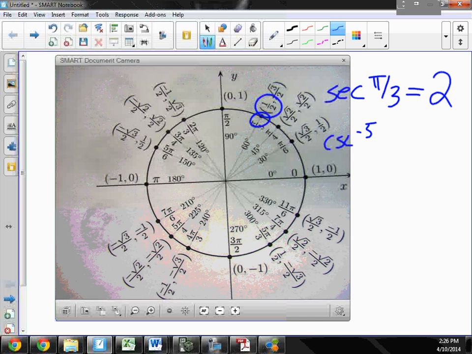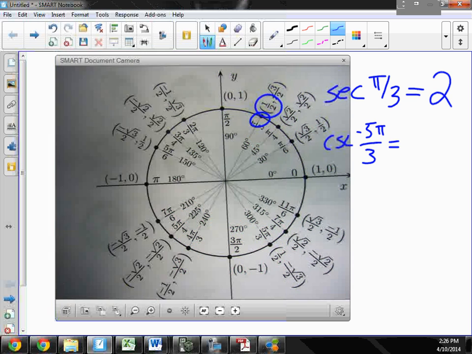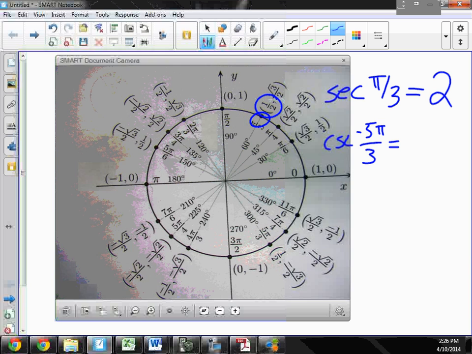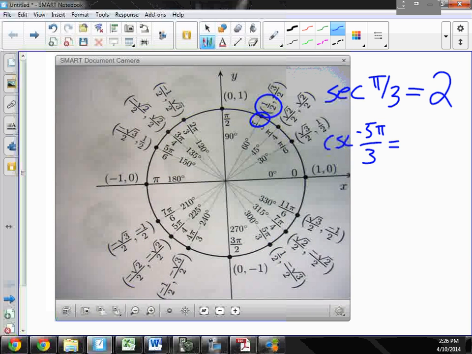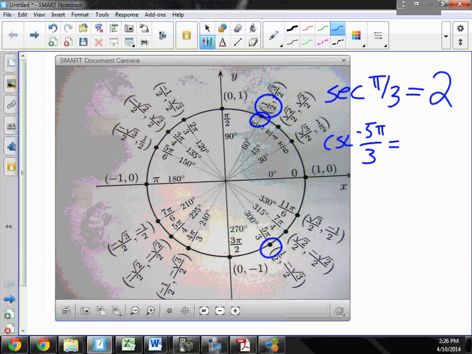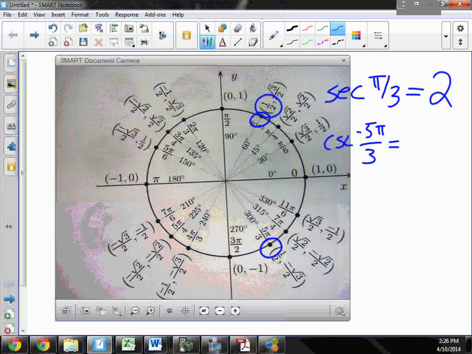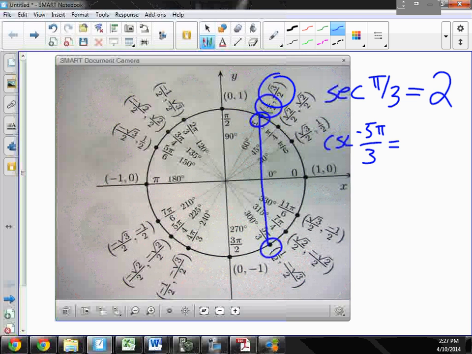Cosecant of negative 5 pi over 3. Well, here's 5 pi over 3. The negative version is going to be straight up from that. And cosecant is the reciprocal of sine, which is the y value. So it's 2 over root 3, but